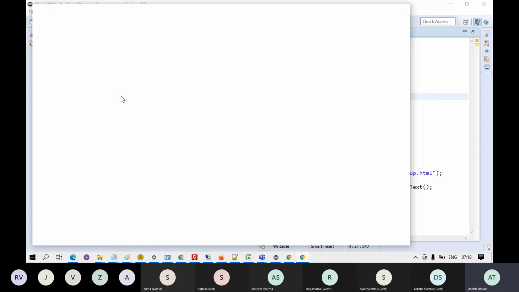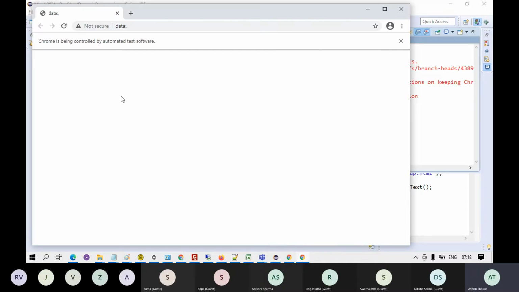Now we don't prefer to use this XPath. We don't prefer to use the complete XPaths. The reason is very simple. I'll tell you. I'll let this thing run first.